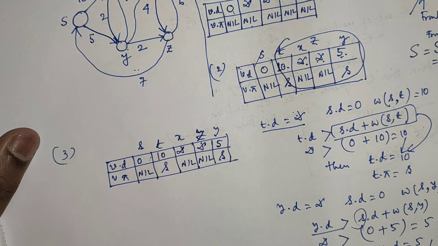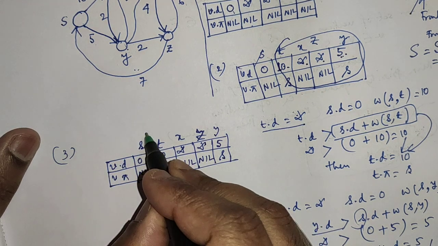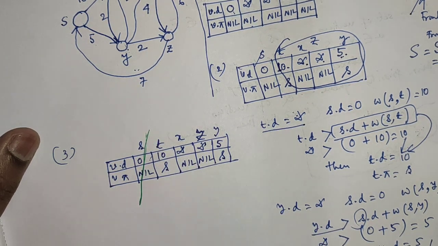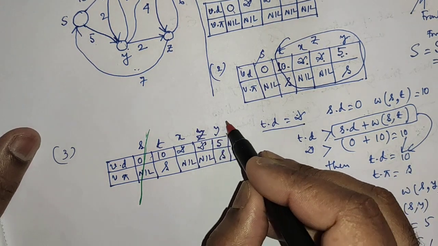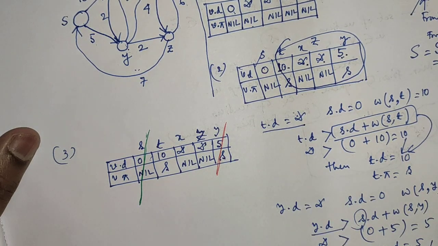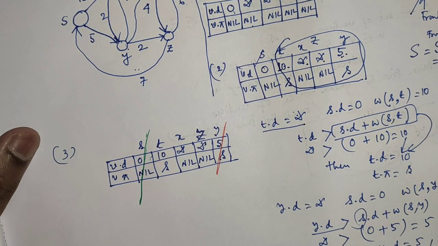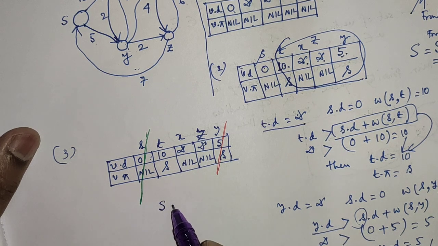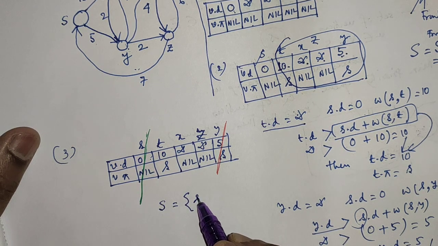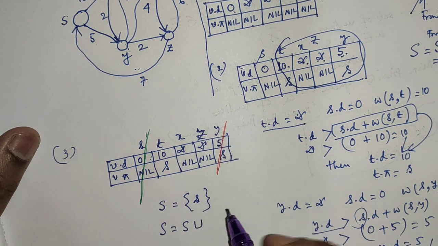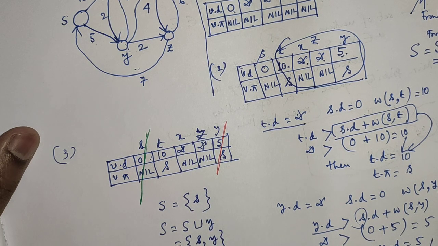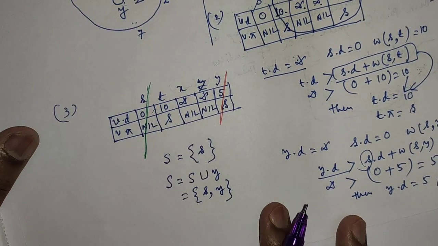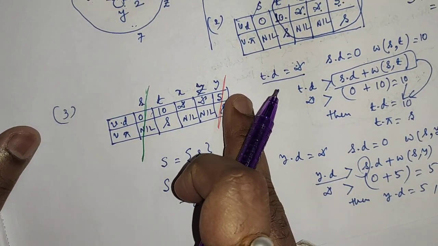Okay, so once the part is over, s is cancelled, it will not come again. Then among these 4, now your turn is to explore y. Y will now be in the list of s. Now your set consisted of only s. Now s equals s union y. That means s comma y is in the set. That means you are now exploring y. Exploring y means